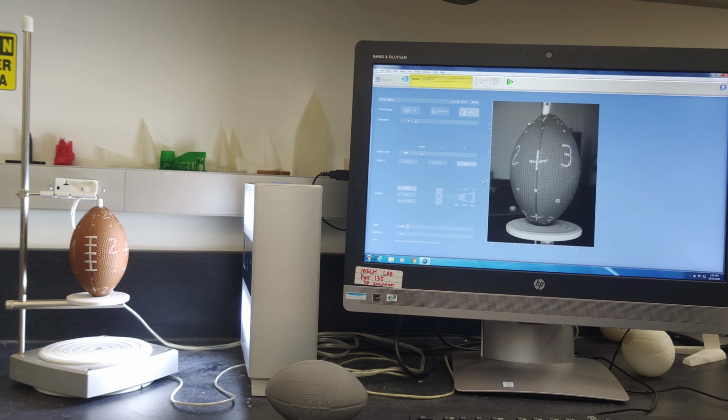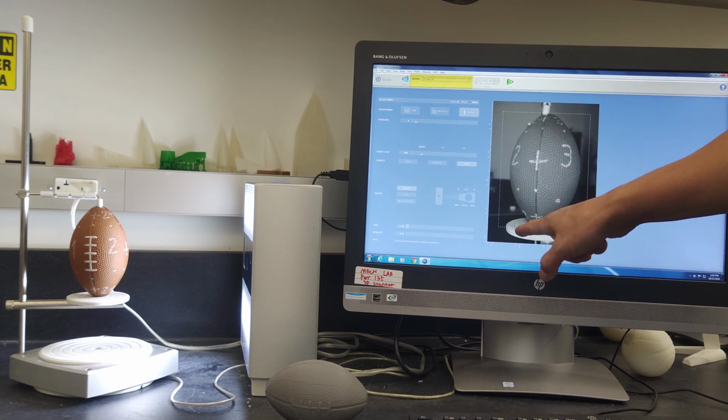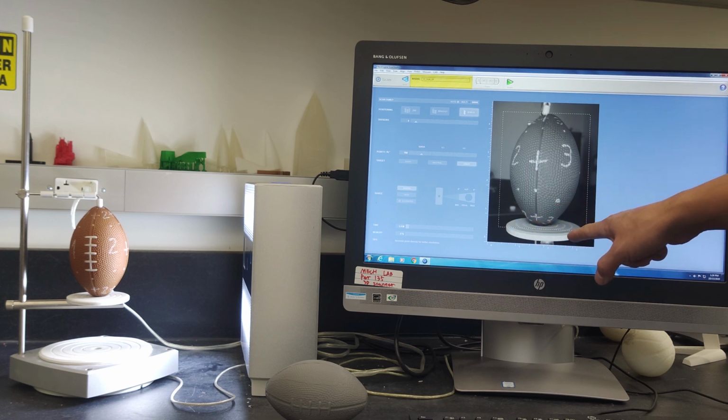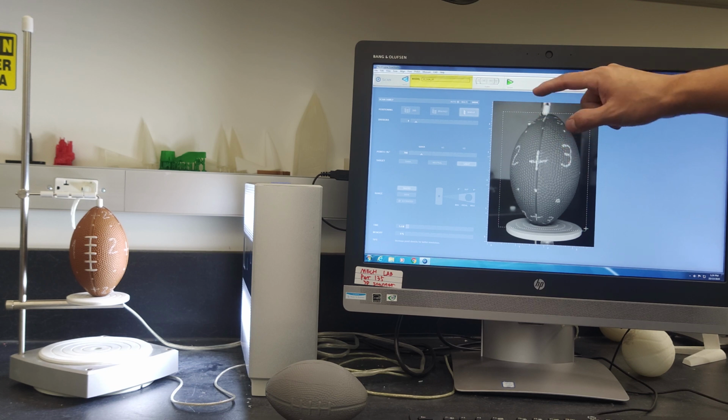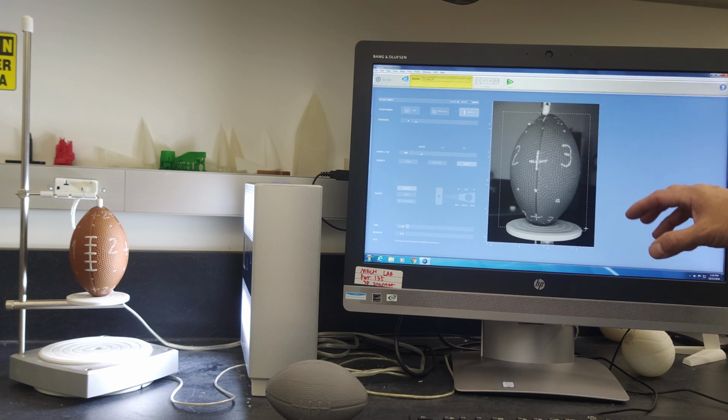And we have another setting we can use. As you can see, the picture includes everything with the turntable. But we can actually select only the item we want to be scanned. By generating a frame here, the software will ignore the parts outside the frame. Even if you don't generate this frame, the software later has a function to trim the unnecessary parts off from